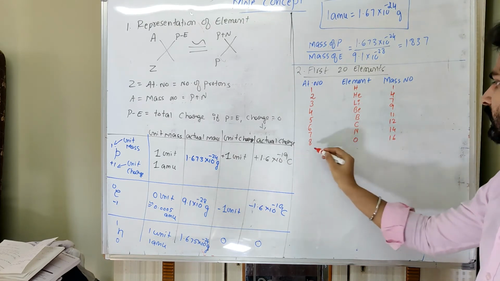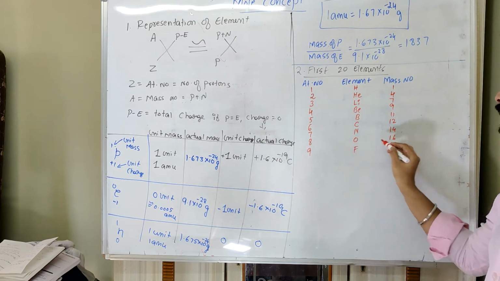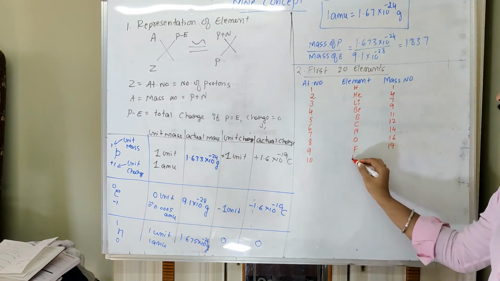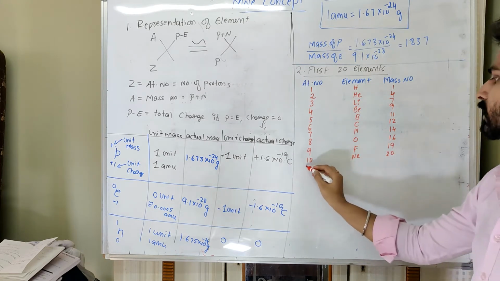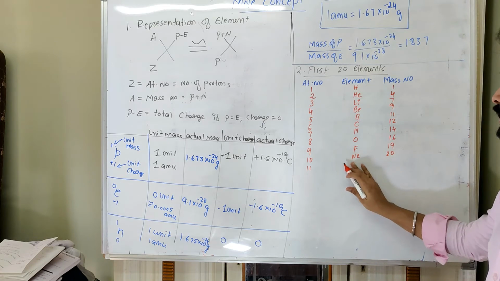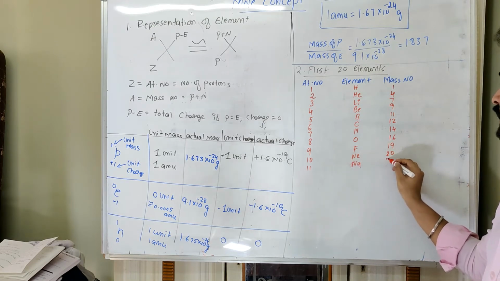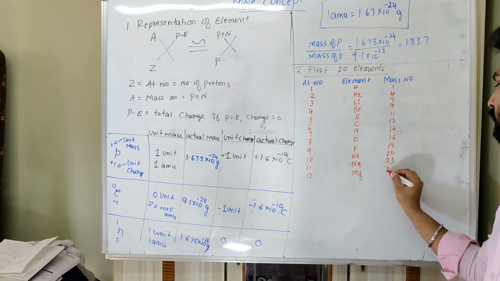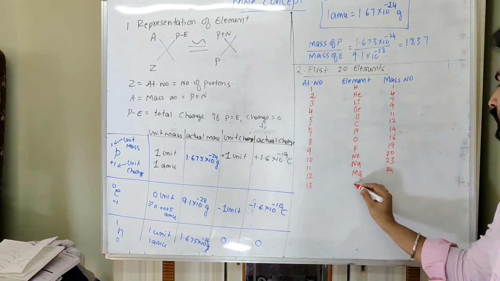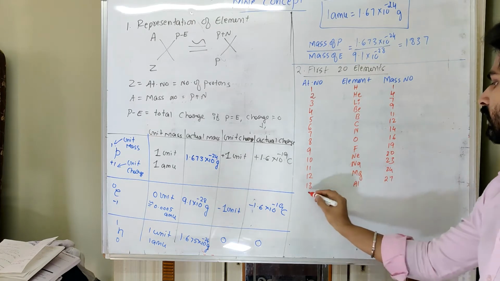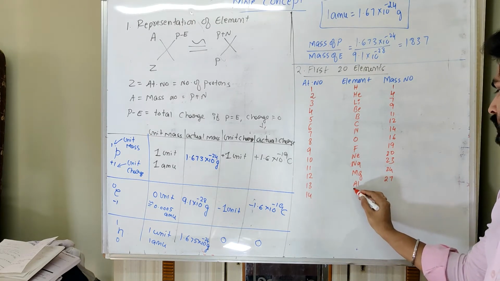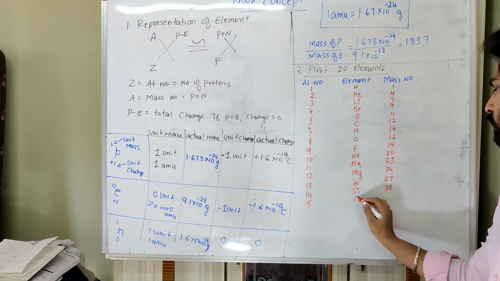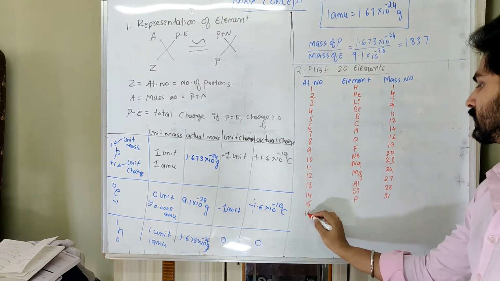Atomic number 8, oxygen, mass number 16. 9 is fluorine, mass number 19. 10, neon, 20 is the mass number. 11, sodium, Na, 23. 12, magnesium, 24. 13, aluminium, 27. 14, silicon, 28. 15, phosphorus,